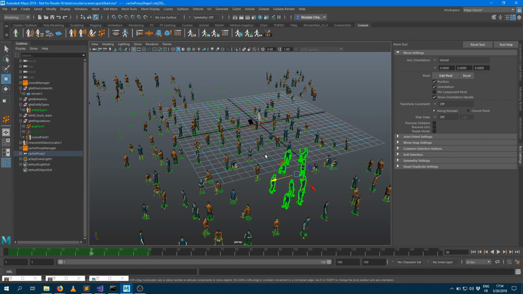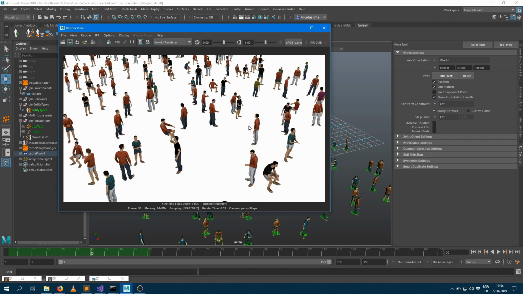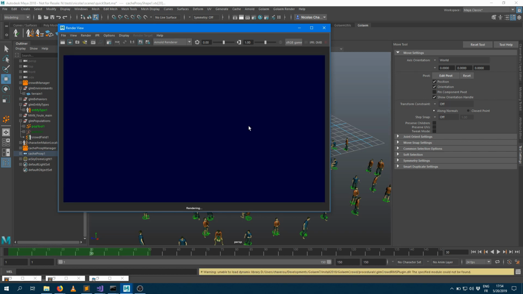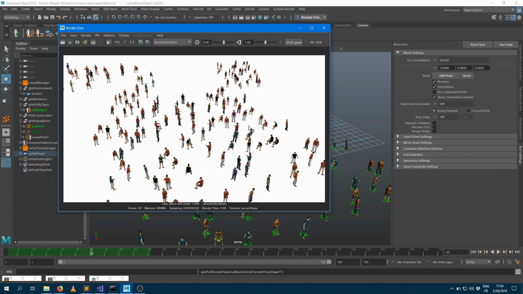So once again we got a video about the layout tool which shows you how it works and what's possible with that tool. So let's press render. Here we go. And now you can see all the modifications being applied. The characters are now wearing a t-shirt here. Some characters have been deleted. Some characters have been moved down there. Some characters have been moved and oriented here.